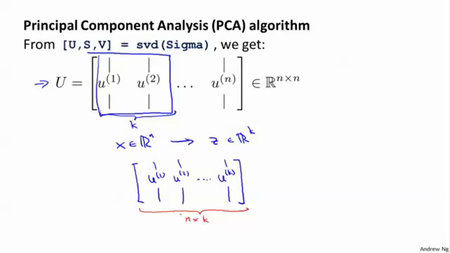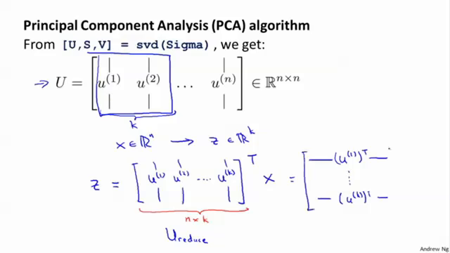I'm going to give this matrix a name. I'm going to call this matrix U subscript reduce. It's sort of a reduced version of the U matrix, and I'm going to use it to reduce the dimension of my data. And the way I'm going to compute Z is to let Z be equal to this U reduce matrix transpose times X. Or alternatively, to write out what this transpose means, when I take the transpose of this U reduce matrix, I end up with these vectors now in rows. I have U1 transpose down to UK transpose, and then take that times X,